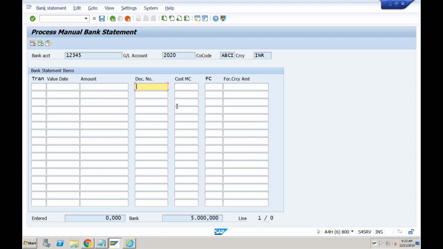Okay. I will explain that once again when we discuss the electronic bank statement. As of now, we are just discussing the manual bank statement. Once I come to the electronic bank reconciliation process, I will explain how these checks and all are tracked in the system. Okay, Vikram. Thank you.